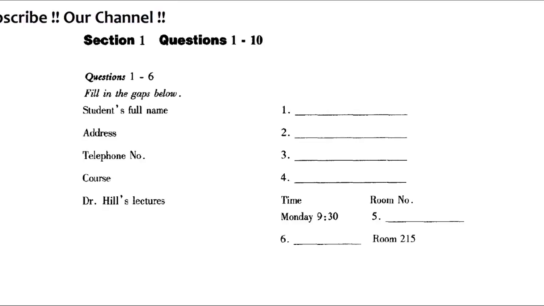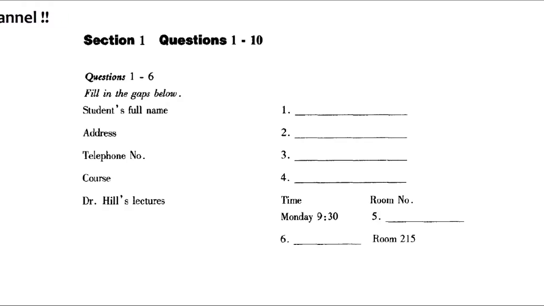First year's social science course. Social science course. Now I have the timetable. Yes, here it is. You'll have Dr. Hill's lectures at 9:30 Monday morning and also Thursday morning at 10:30. How long do they last? An hour. Which room are they in? The Monday morning lectures take place in room 101. The Thursday ones are in room 215. Thank you.